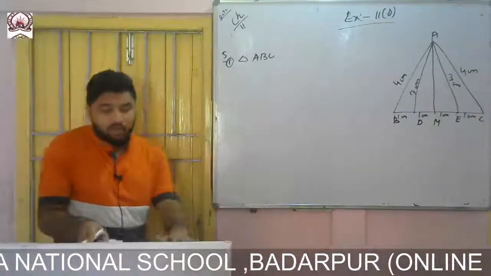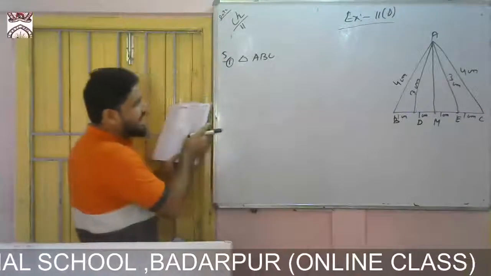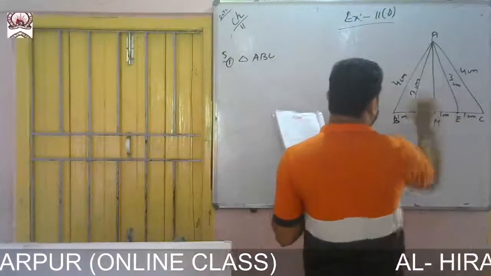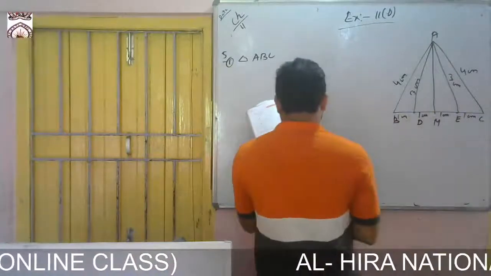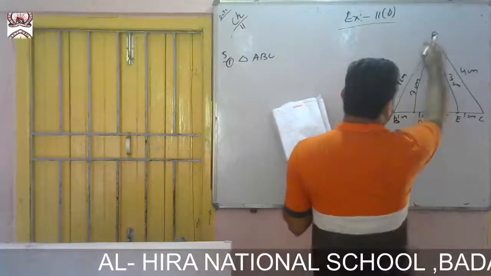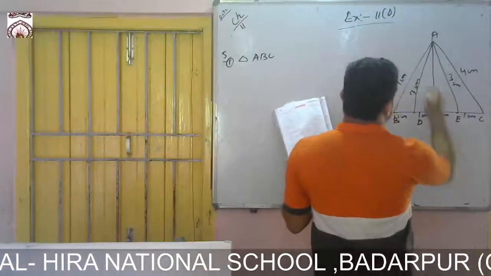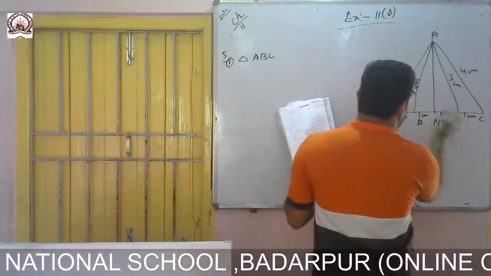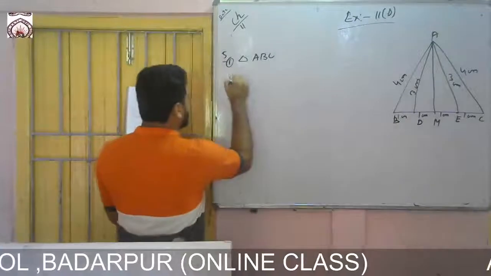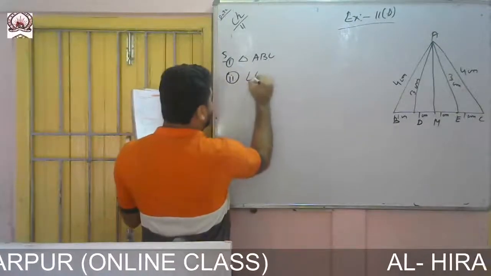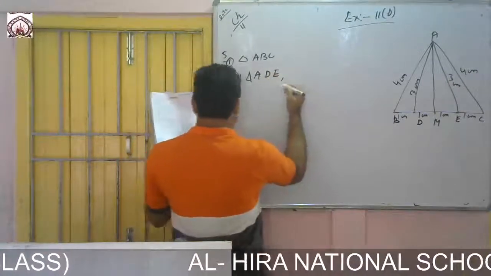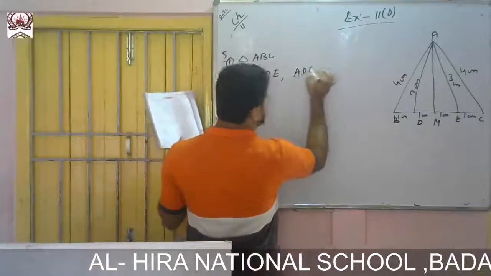The triangle in which two sides are equal. So there you see two sides are equal. I can take ADE, because here 3 centimeter, here 3 centimeter. Then ADC also I can take, because this one is 3 centimeter and this one is 1 plus 1 plus 1, 3 centimeter. Two sides need to be equal. So first one is triangle ADE. Next, triangle ADC also I can take.